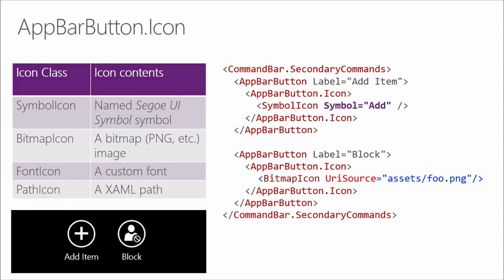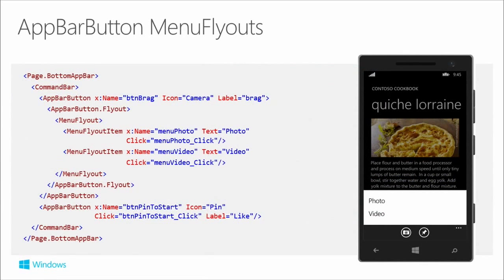The icons are really cool. You can just specify a symbol icon by name, and we've got great help with the tools for doing this. Or you can set a URI source, you can set a bitmap icon, a font icon, a path icon, loads of flexibility. And you can have flyouts. You can have these nice flyouts on an app bar button as well. So in this case, the user's tapped on the little photo app bar button, and the photo video flyout menu has popped up. And the XAML for doing that is, as you can see on the slide, where you've got an app bar button. Inside it contains a flyout, which is a menu flyout with those 2 items on it. And we've got names and text on it. So there you go. You see an example of how you can bring those flyouts and the app bar buttons together.